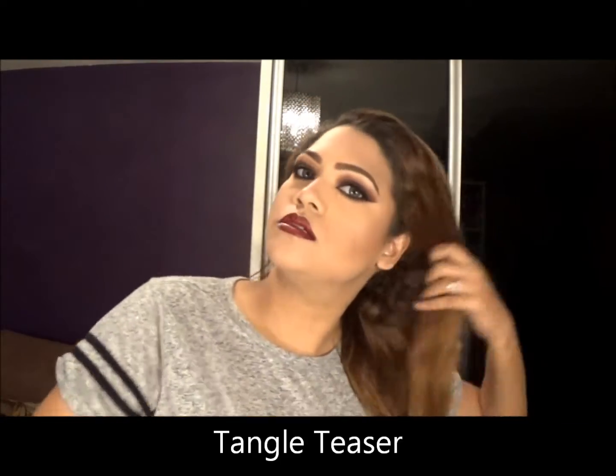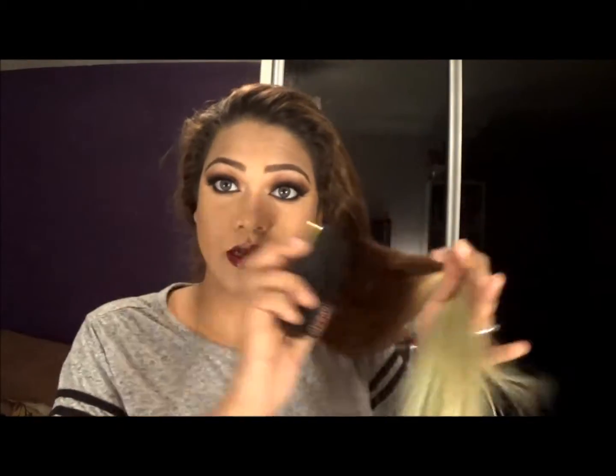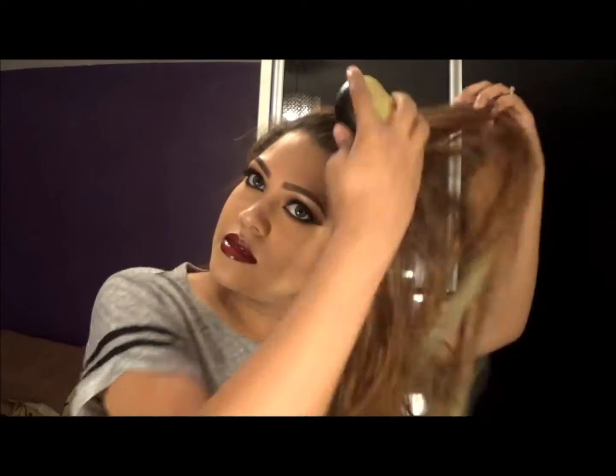So I like to use my Tangle Teezer. This is a gold one that I got from New York when I was on my honeymoon. My hair is super thick, as I said, so I have to literally part it before I can comb it, otherwise it will be super hard for me to comb, and even though it is a Tangle Teezer, it's still horrible. So I will comb through, basically,